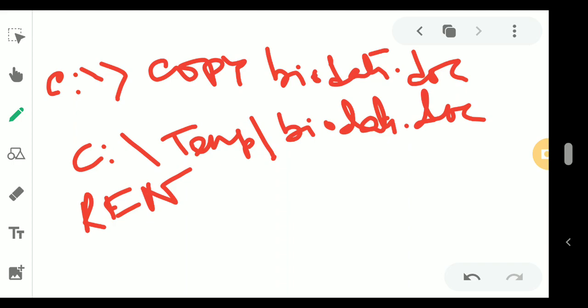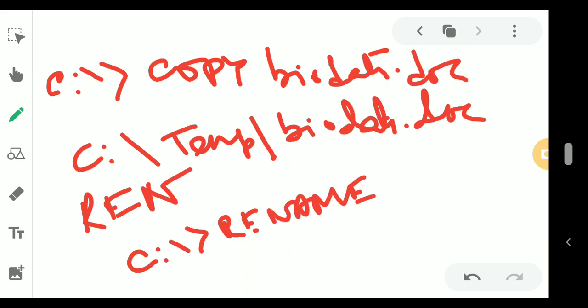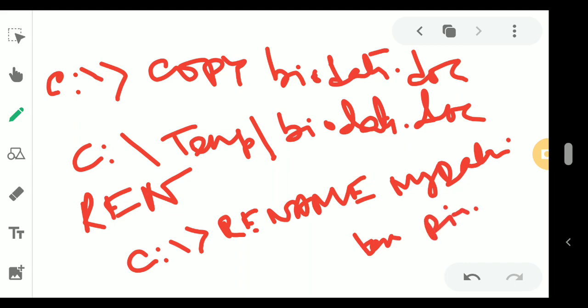So the older file, and then you have to mention the new file name. Okay, so what is the syntax for it? You will write down rename. Suppose my data.txt is my old file, then you have to write down the new name, pu.txt. I am changing it. Okay, so in this way you can change it.